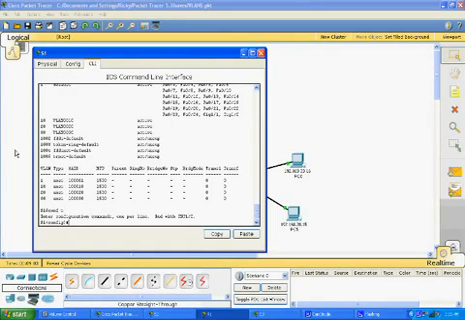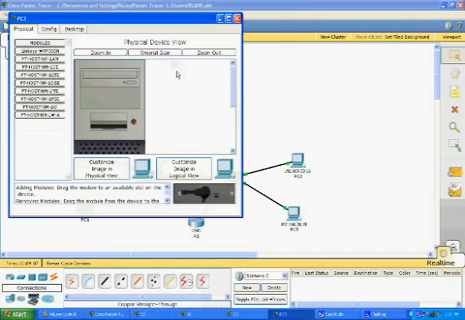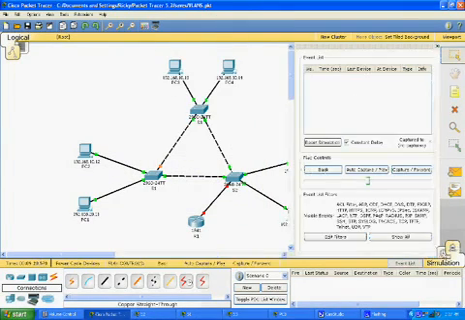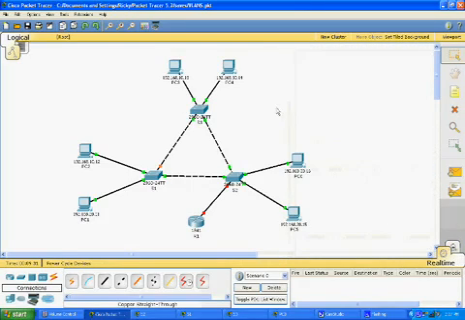Now before I assign the interfaces on switch 1 to the correct VLANs, I'm going to try to test connectivity to show you what's going on here. Now right now,